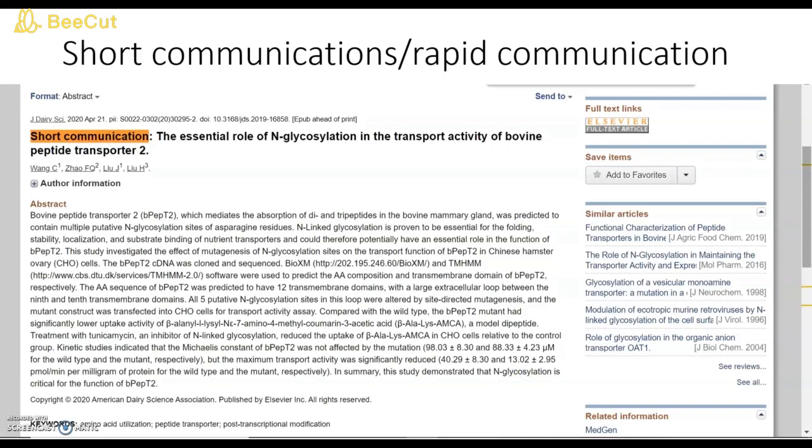For your reference, I have attached a screenshot. You might have seen this, okay? Many times this is directly written as short communication, okay? And these are generally the need of the hour in that particular subject. If some very recent report is there and it needs rapid publication, then in that case the short report is actually published as short communication.